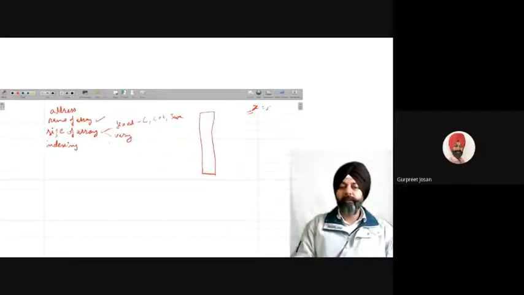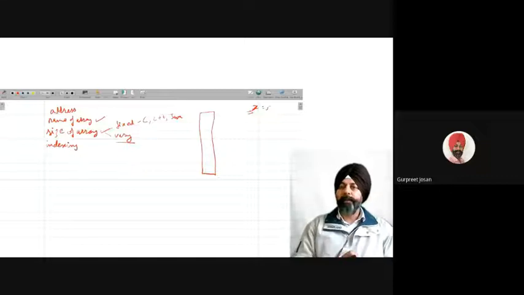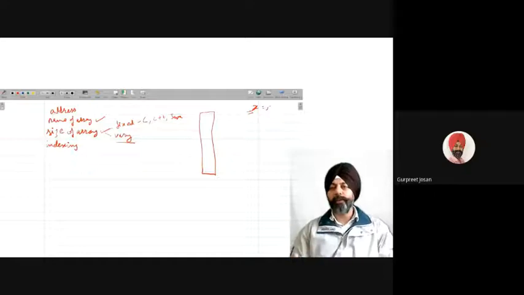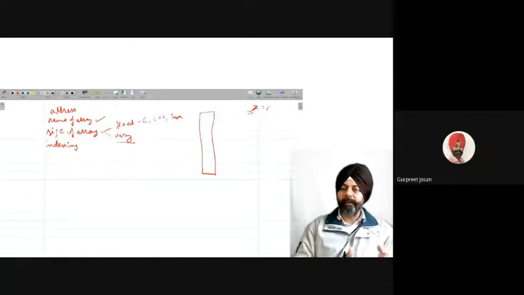Then there is variable size. Variable size means the size of the array can increase or decrease according to the requirement. If initially I know that I have only 10 values, so I can start with the 10 locations. Later on, I may find out that, okay, 10 locations are not sufficient. I need 20 locations. So I can expand the size of my array. So some languages allow this kind of expansion.